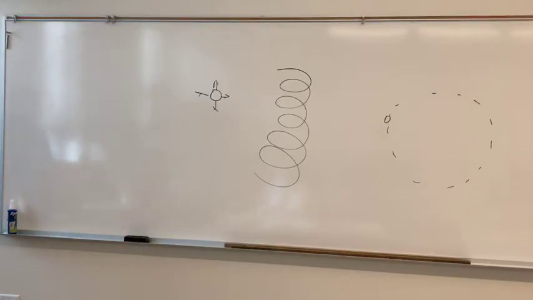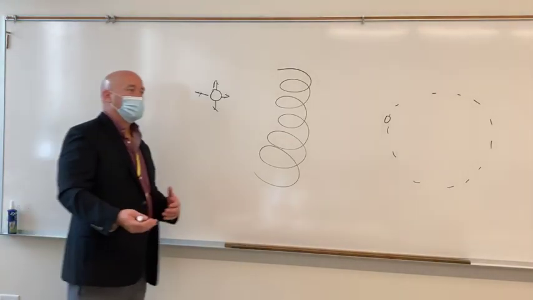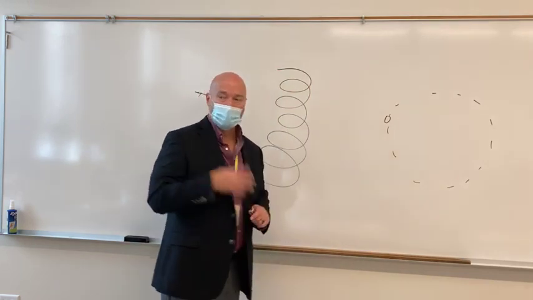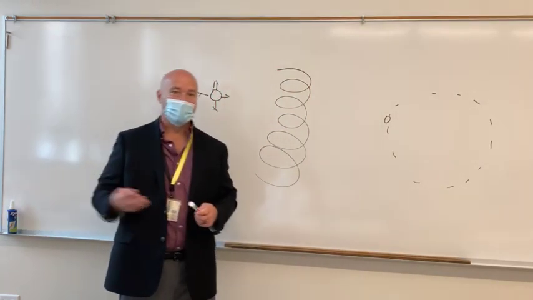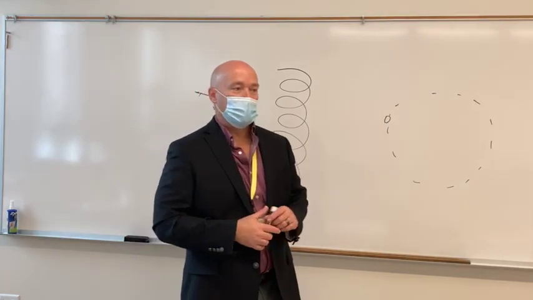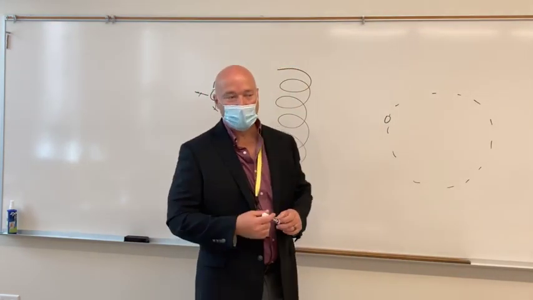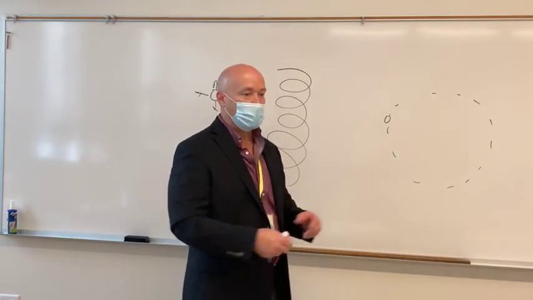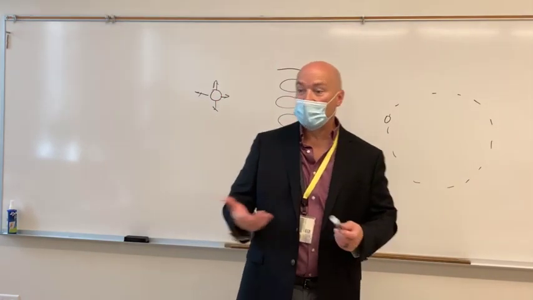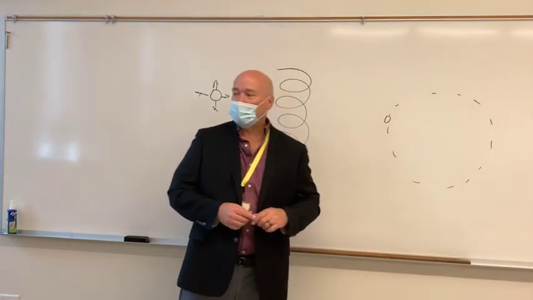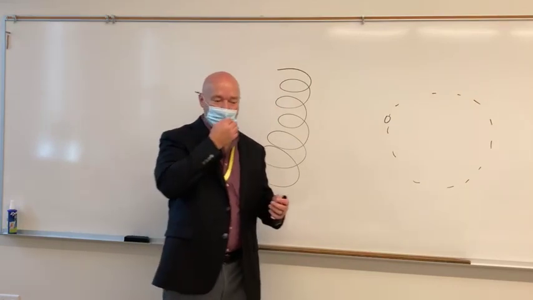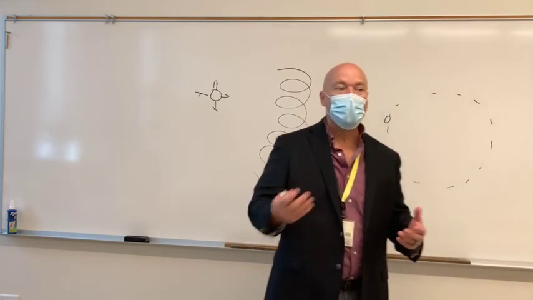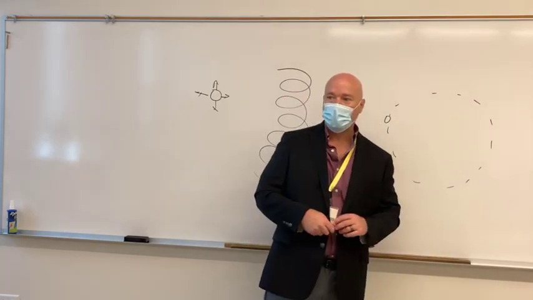Then we talked about the different types of material and their relationship to magnetic fields. I said that there were basically four. There were materials that completely ignore the magnetic field, and those are what we call non-magnetic. Then there are things that are slightly repulsed by magnetic fields, and those are diamagnetic. You really can't observe that. Then we talked about paramagnetic, which are things that are weakly attracted, and you really can't observe that either unless you've got